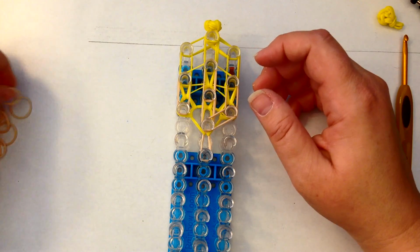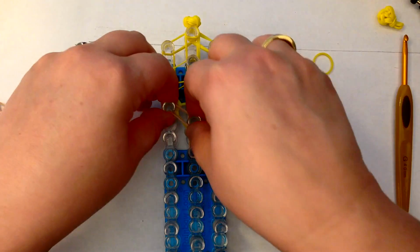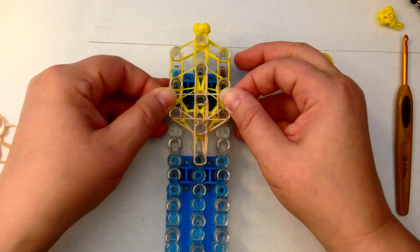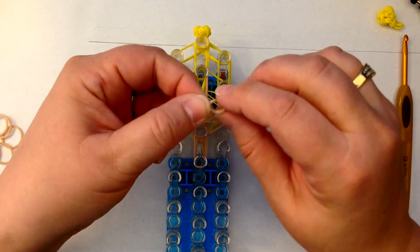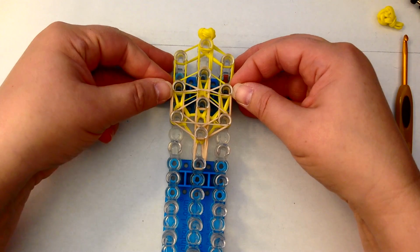Okay, place these across. Place 2 for the neck. And then we have 1 that we're stretching across here for her face, and another one will go across these 2. Twist it once and twice and 3 times, and that will stop the eyes from falling to the back